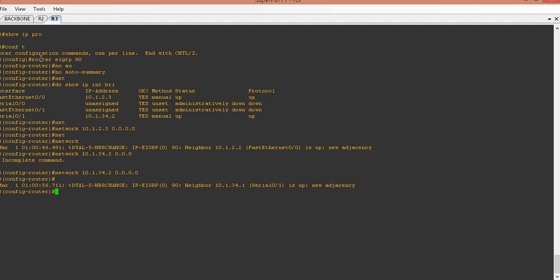No auto summary is already done. Good. We have two neighbors already. So let me see the routing table. So IP route,